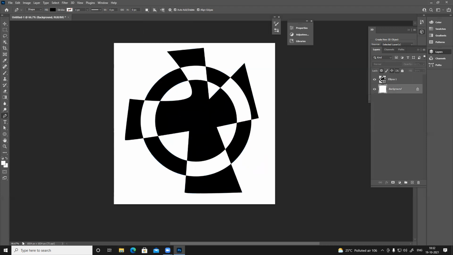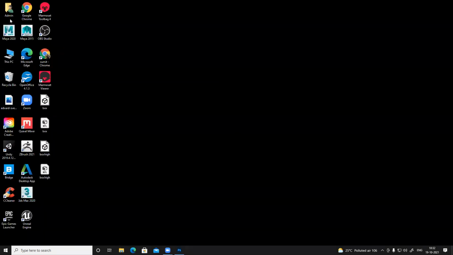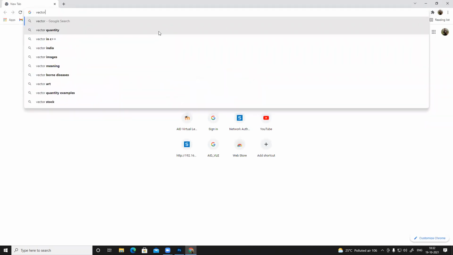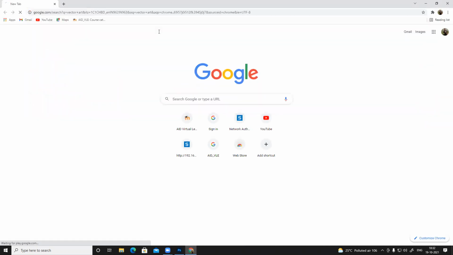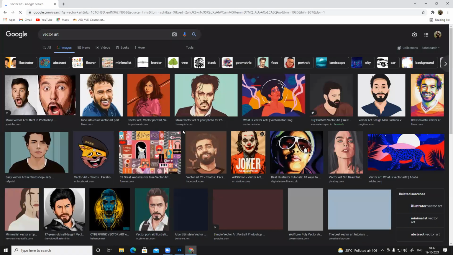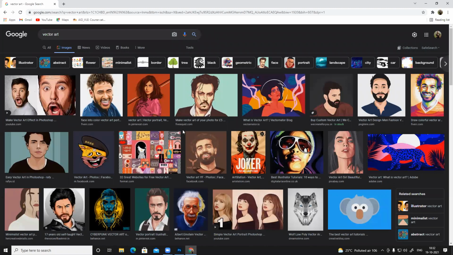So for vector art, I'll show you a couple of references. Vector can be a lot of things. Anything you created with a pen tool or shapes is basically vector.